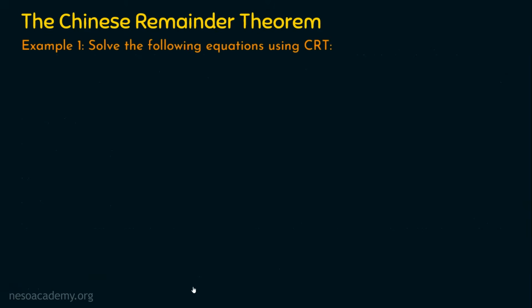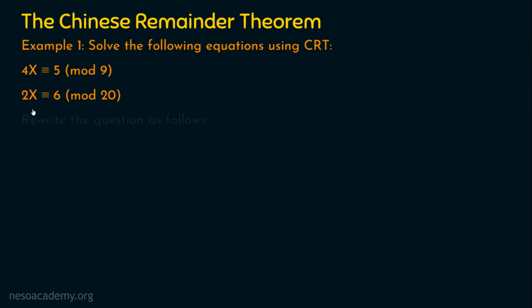The question is, solve the following equations using Chinese remainder theorem. The equations are 4x is congruent to 5 mod 9 and 2x is congruent to 6 mod 20. We are required to solve these two congruent equations and find the value of x. In the last example, we were given the question directly as x is congruent to. But here this is 4x and this is 2x. So a small trick is applied on the question here. No worries, we will break the trick first and then we will proceed with solving these congruent equations.